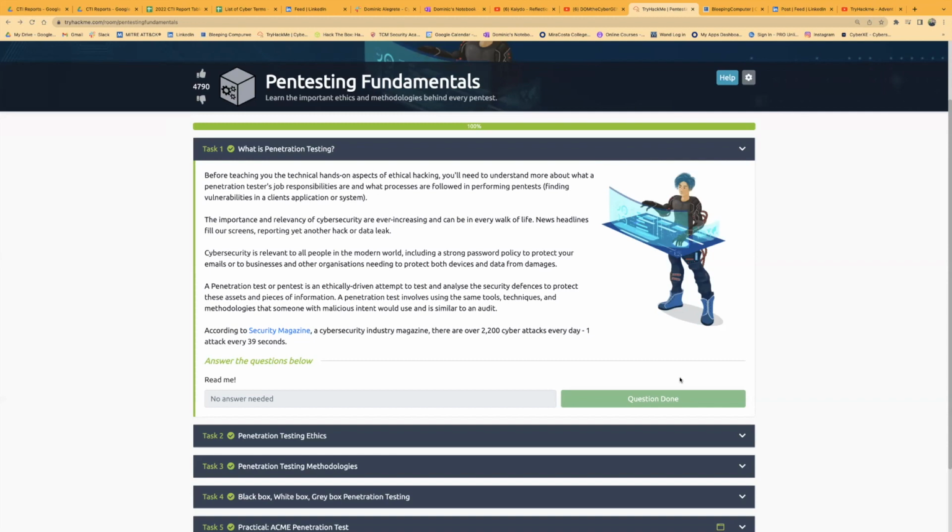And another thing, as it says here at the bottom, according to Security Magazine, a cybersecurity industry magazine, there are over 2,200 cyber attacks every day, one attack every 39 seconds. I don't want to say it's false, but it's a little outdated. The new stat, which I believe Terry Cutler posted on his LinkedIn a couple of days ago, is that cybercriminals launch attacks every 39 seconds, which is the same, an average of